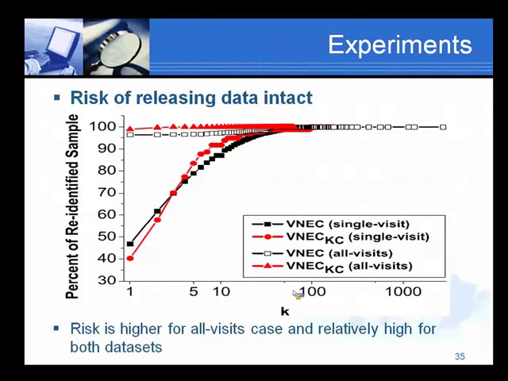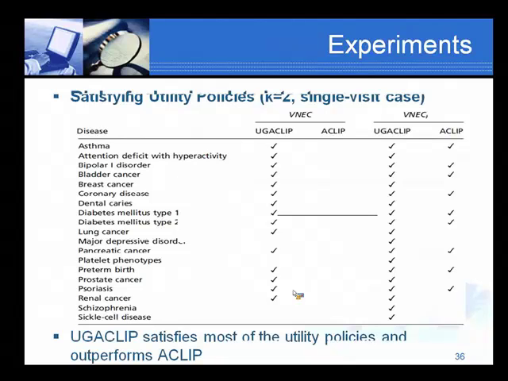As you can see in this graph, the risk is always quite high if data is released intact. It is more than 95% in the all visits case, and more than 40% in the single visit case. So we have to do something to preserve privacy. When we applied our Yuga-Clip algorithm with k equals 2, and for the single visit case, we have found that